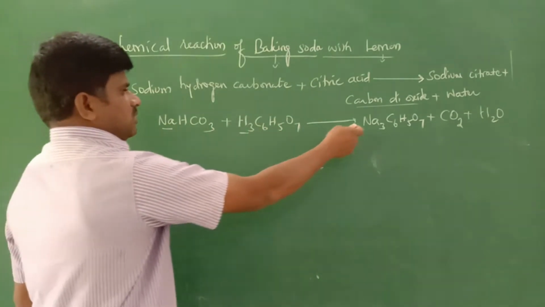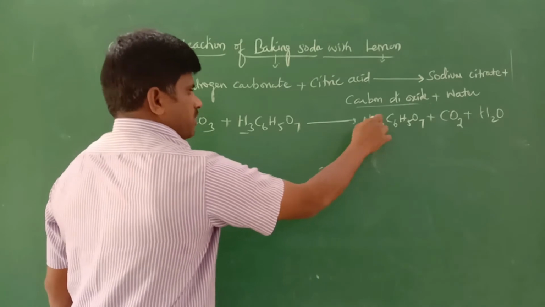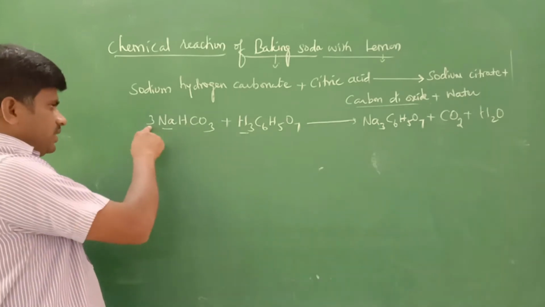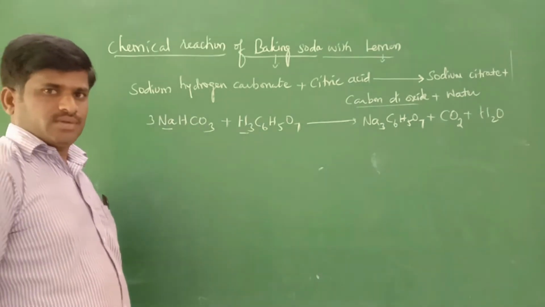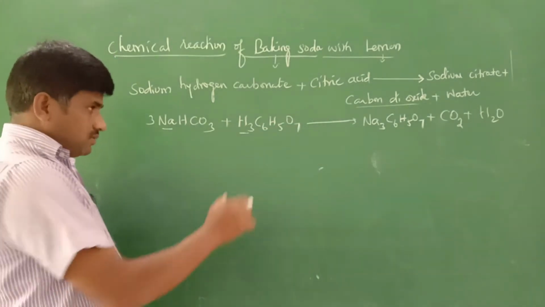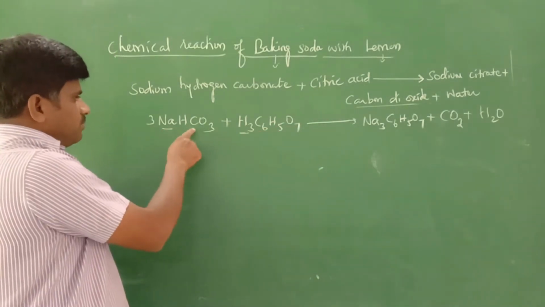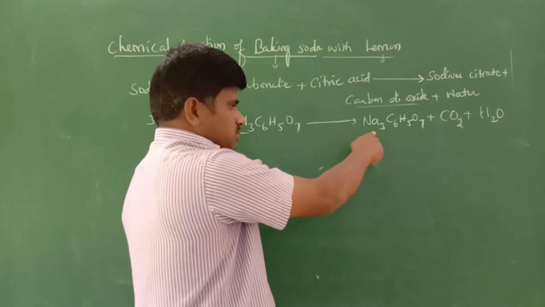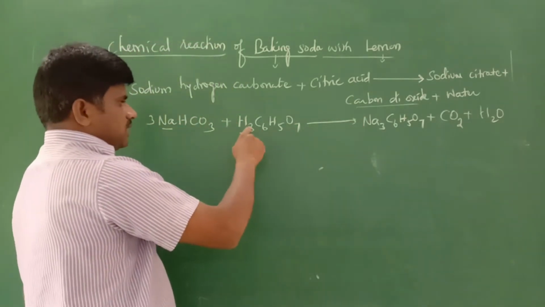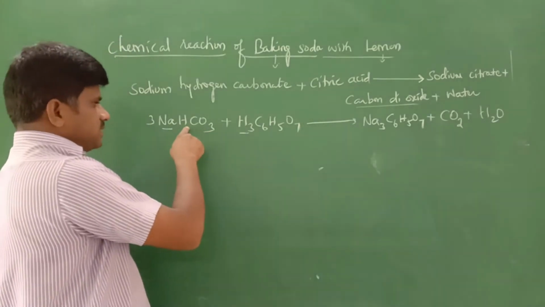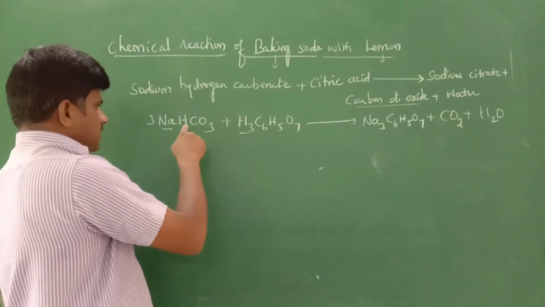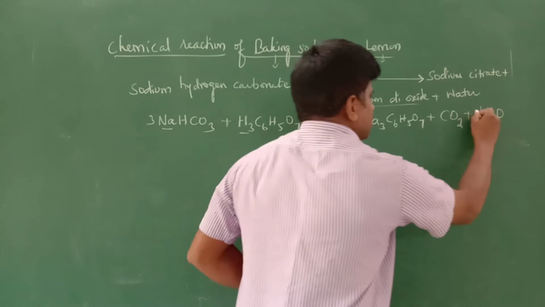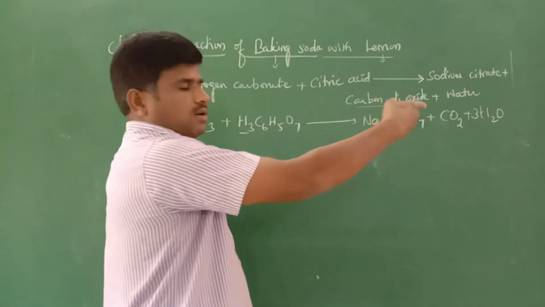Here, how many moles do we have to substitute? 3 moles of sodium in the product side. In the reactant side, we should multiply by 3 moles of sodium bicarbonate for balancing the equation. So for balancing, we should follow this. Here 3 moles of sodium bicarbonate. Now 3 sodium in the reactant, and you see in the product side 3 sodium. That's over. Remaining, here 3 hydrogen. Let's see. Here 3 hydrogen, 6. Here 1, 5. 5 plus 3, 8. 8 plus 3, 11. But on this side only 5. So we want to fill again by multiplying by 3. So 3 moles of water.